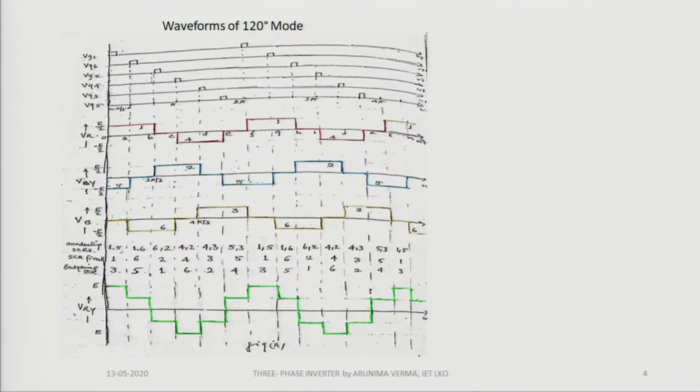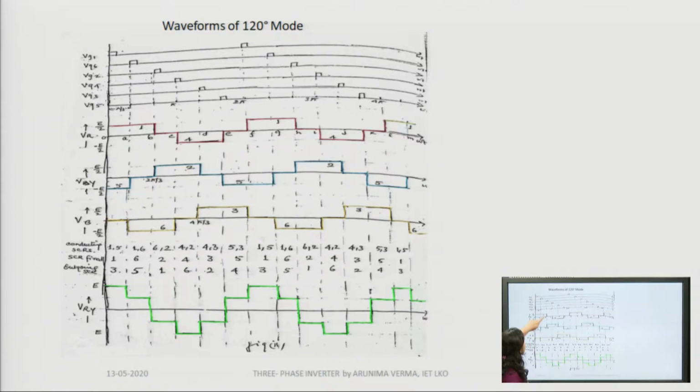Now, you can see that since we have 6 SCRs and we have to cover one cycle, which is a 360-degree cycle, obviously after every 60-degree interval you are going to fire an SCR. Since you are starting, you are going to fire SCR1 first. So, the 1, 6, 2, 4, 3, 5 firing sequence is fixed because you have already numbered the SCRs in your circuit diagram. Now, first of all, let us fire SCR1.